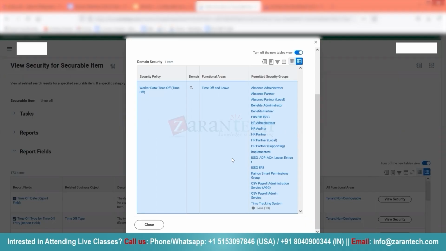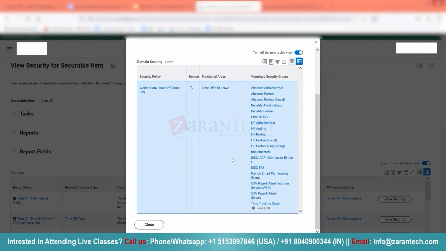The second case would be, you being an integration person might have to do certain transactional activities. Now, transactional activities ideally fall under business processes. For example, they're telling you, we don't have someone to create test data for you, we don't have someone to help you. You have to create your data, ensure the integration is picking up that data and running. Now you will tell, I don't have access to request time off for anyone, enter time off for anyone, approve time off for anyone. Simple as that. You find out that security and get it updated